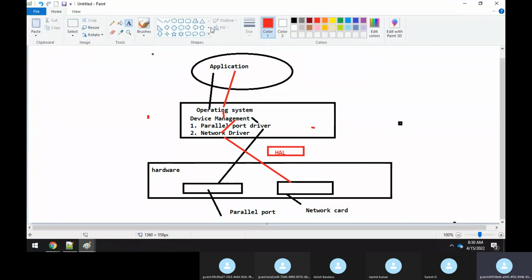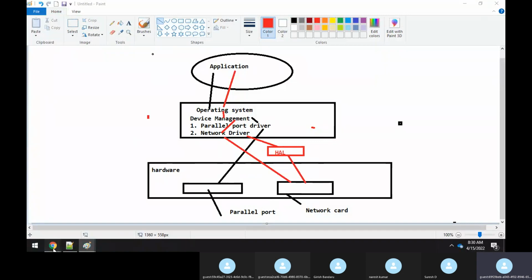This hardware abstraction layer, from the network driver, it communicates with the hardware abstraction layer, and this hardware abstraction layer will communicate with the network driver. So now we would say that, Rajesh, doesn't this device driver code directly interact with the hardware? If you ask me, no, sir, it always interacts with the HAL, the hardware abstraction layer. From that hardware abstraction layer only, that will finally communicate with each and every device.